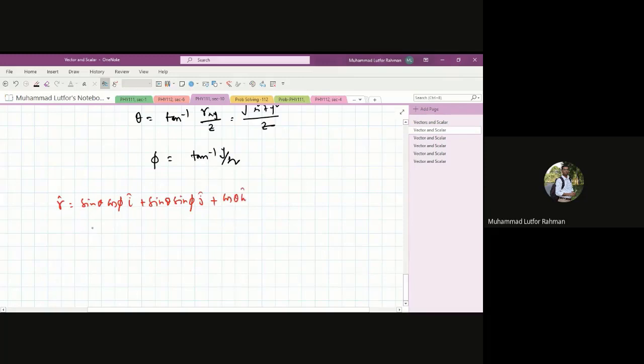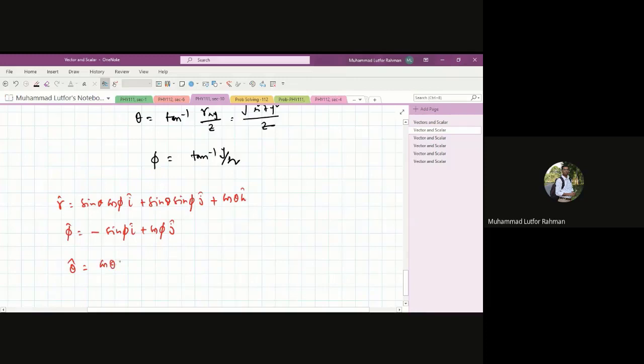This would be the r head, and the phi head would be minus sine phi i head plus cos phi j head,